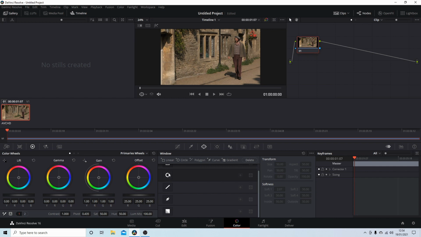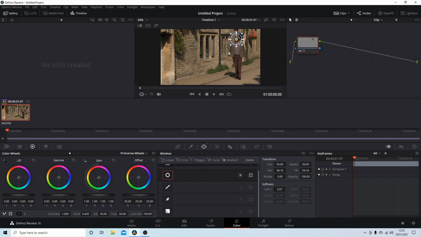Now I'm going to select the circle. And then if you place your pointer over the middle of the circle, just drag the circle over the face you want to obscure. Now you can change the size. Don't bother with these here. Just place your pointer over one of the corners, hold down your left mouse button and drag the circle to